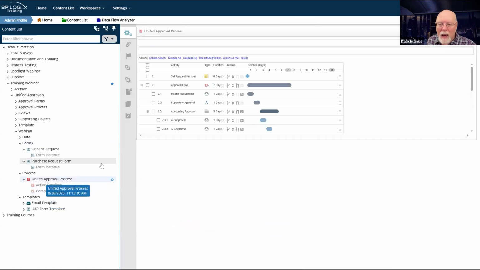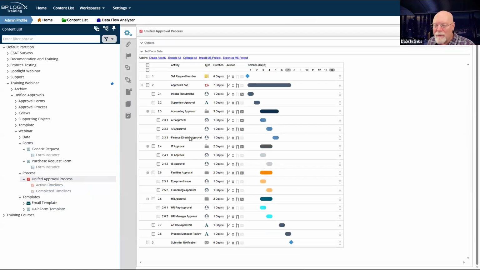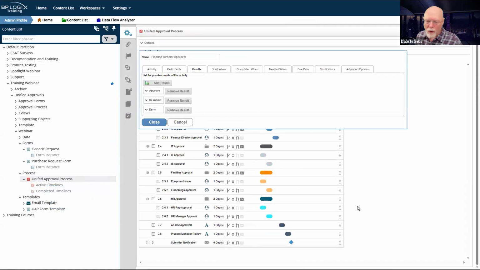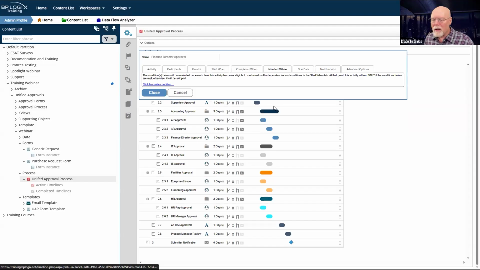Now, in my approval process, I have this finance director approval activity. I don't want everything to go to the finance director, just as I have needed when conditions on my AP approval and AR approval, depending on whether I am paying money out or somebody is paying me.